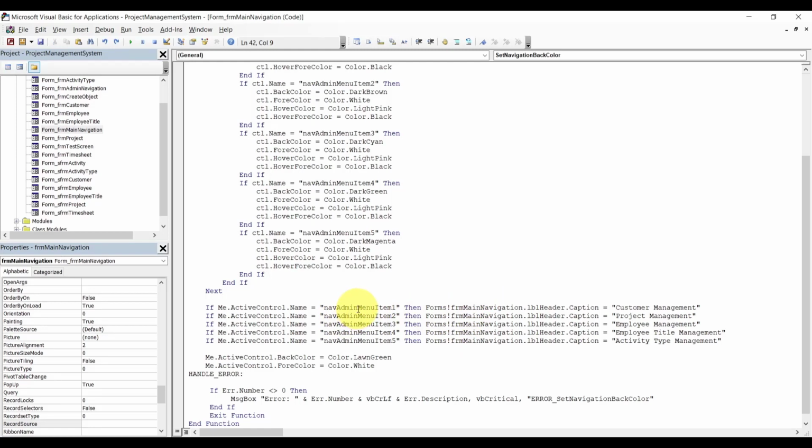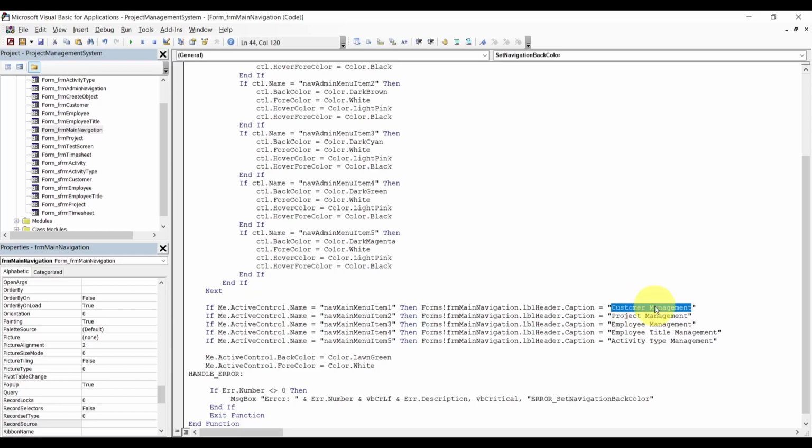But right here, I am interested in changing that guy to main. And we're not going to worry about the name, right? We're leaving this guy here. In the future, when we add the menu items, we just come in here and modify the caption. All right, but this guy right here,